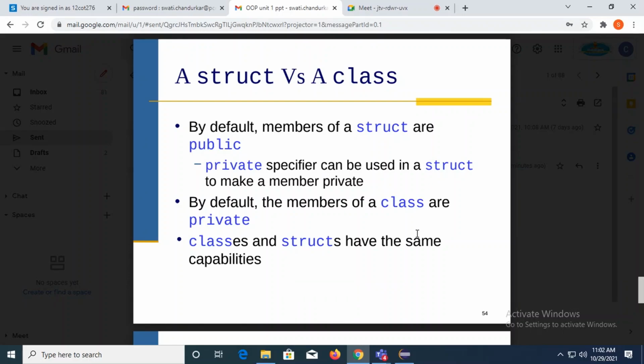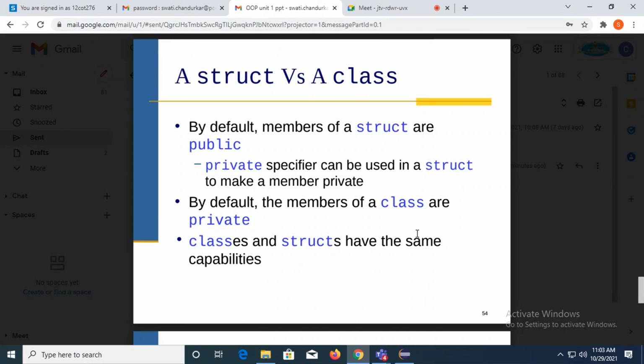One more thing we discussed in the first class is that by default, the data members of classes are private. If you're not specifying the visibility, it will become private. But what if I'm working with a structure? Is it the same in case of structure? No. In structure, by default, the data members' visibility is public.